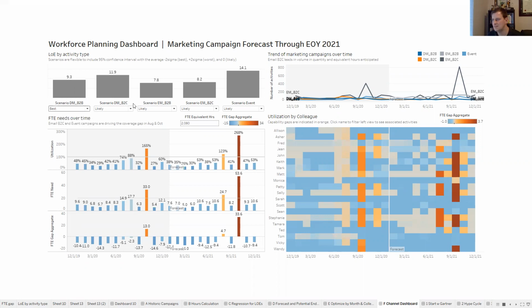And as you can see, watch when I change email B2C, for instance, down here. Right now, we have 53.7 FTEs needed to actually do all of the work in October. If I change this to the worst case scenario, you'll see that jump up. And of course, if I change it to the best case, it'll be lower, down to 50. So for each of these 5 different activity types, you can change based on whether you want the worst, best, or most likely scenario. Also, what you have is dividing all of the hours of work by an FTE equivalent